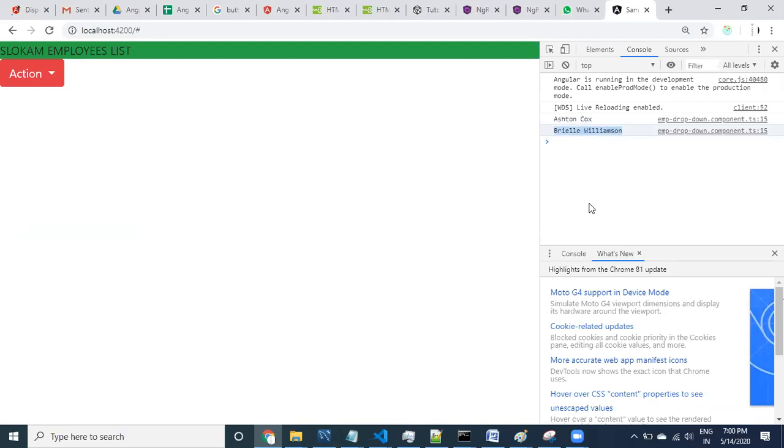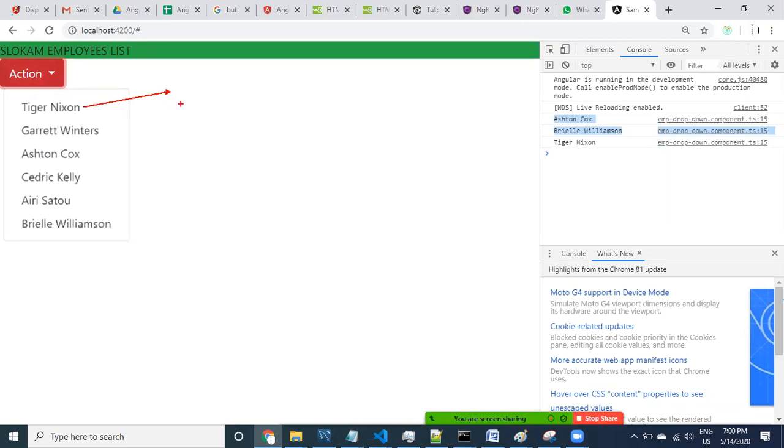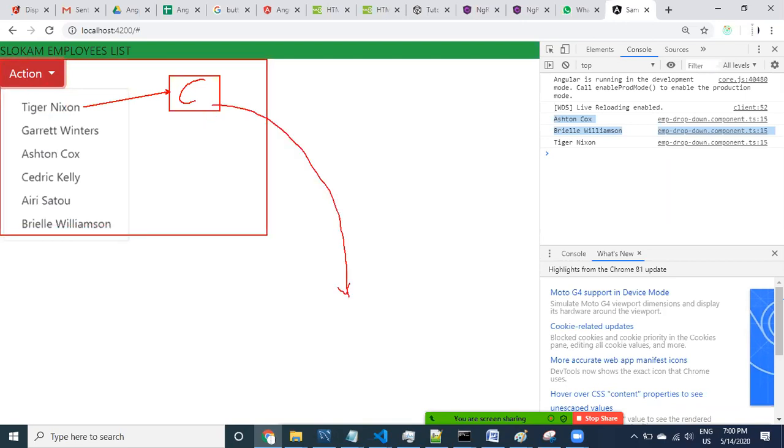If you want to display that information, yes, you can display it also. Okay, let us look at it guys. This is very crucial information I want to tell you now. This information we are getting into which component? Same drop down component only. We are passing it from the event. If I click on this event, where is it coming from? Drop down component only. But now I want to bring this information to the app component, meaning the parent component. I need to send this information to the parent component.